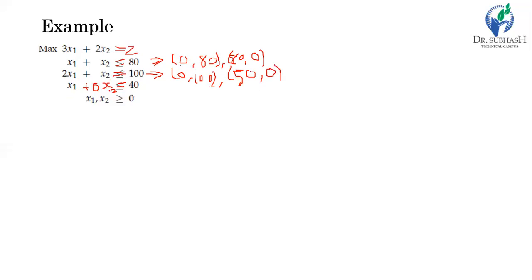So here the value of x1 is 50 and x2 is 0. For the line x1 equal to 40, there is no need to calculate any point, because x1 equal to 40 is just a vertical line. After getting these points, consider a simple graph like this, in which the vertical axis is x2 and the horizontal axis is x1.